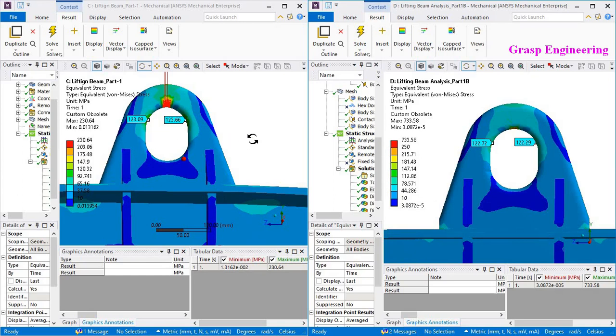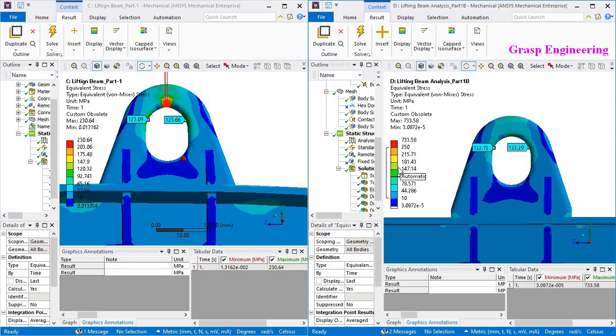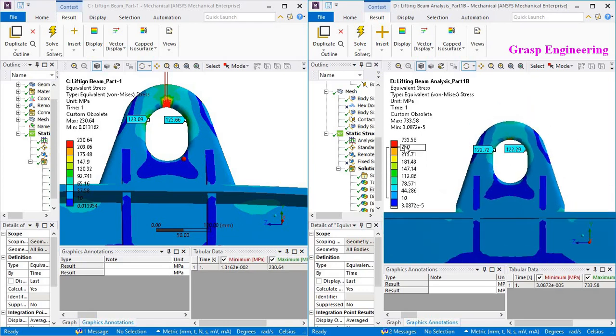Now you can see the stress levels are almost the same. Only the difference is in deformation levels. Now if you probe further, you can see the stresses here are below 10 and it is the same as that. We made the same scale, let's put like 230.